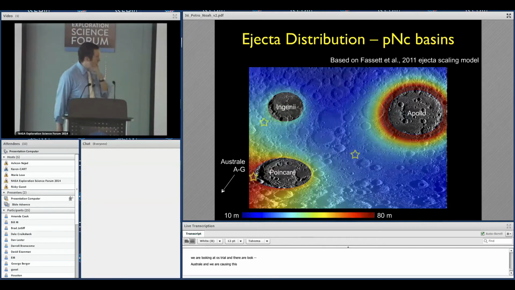Let's change the stretch a little bit so we can see some of the underlying topography or geology, and also identify three places that we look at in a little bit more detail. Previously, we identified this straddle point between Poincaré and Apollo as being unique because of the thin crust beneath those basins. So we're going to look at this area in a little bit more detail. This is near Bose and Baba crater that Dan mentioned a little bit before. Look to the southwest of Ingenii and to the west of Poincaré to assess what's in the regolith there from